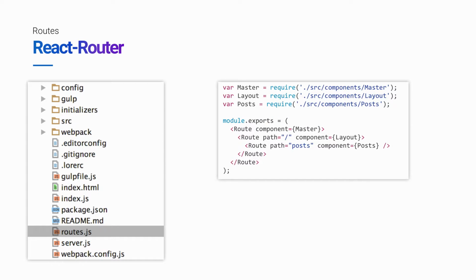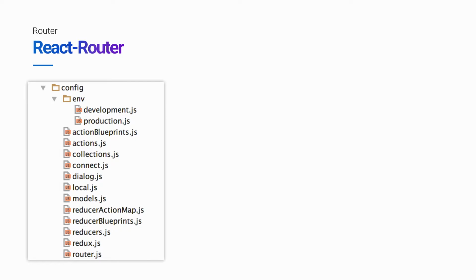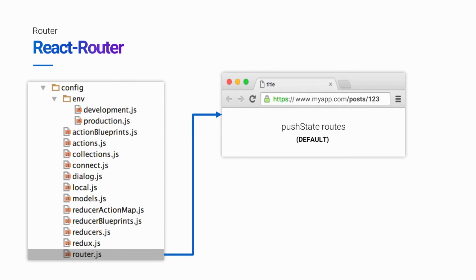At the root of your project, you'll find a routes file where you can specify the route hierarchy for your application. If you need to change any of the configuration settings for React Router, you can do that in the config directory. This directory contains files that control all of the default behaviors for Lore as well as the libraries that it's built on. If you open up router.js, for example, you'll find the default history type for React Router